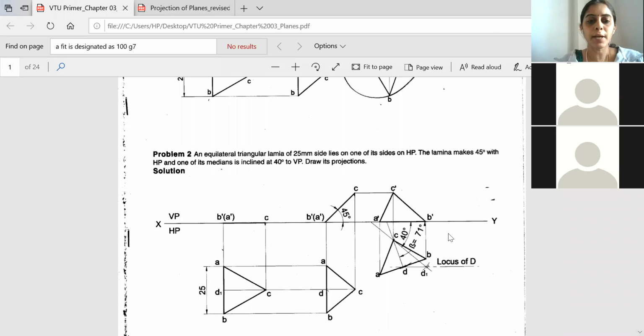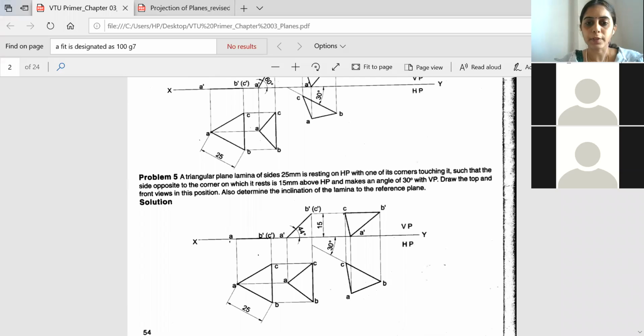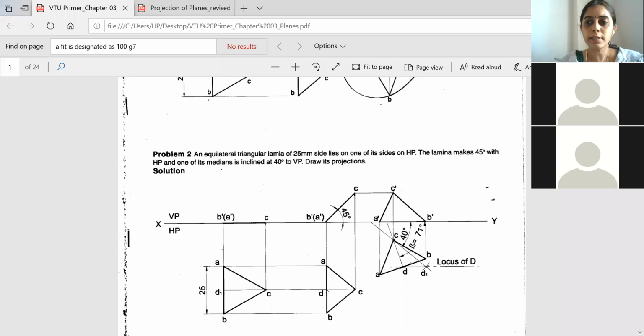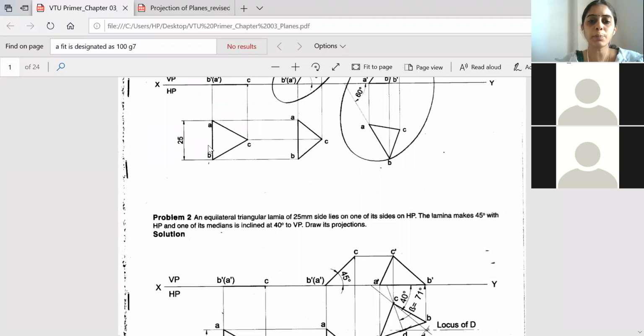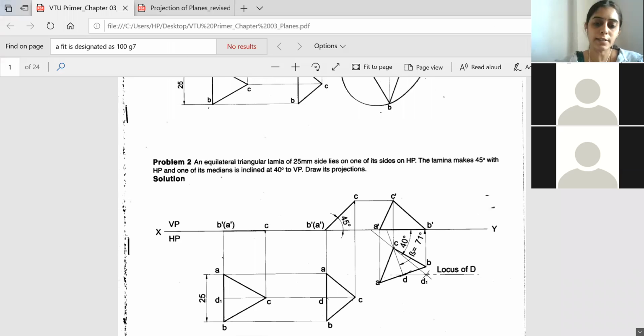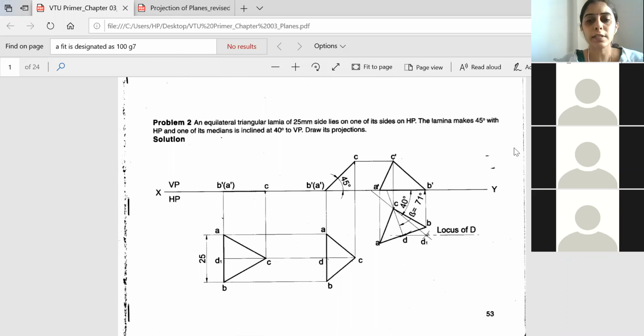So related to the apparent angle, I will proceed further. So let me complete, or else let us do this only. See, this is only when the surface is parallel, so the true shape will be only projected. So when it is inclined, apparent length and the apparent angle as well as the apparent surface also come into picture. So just you go with the next problem.